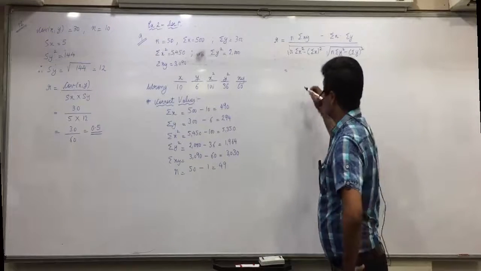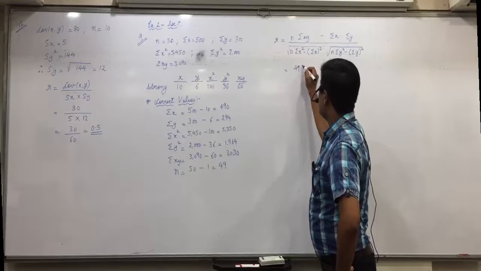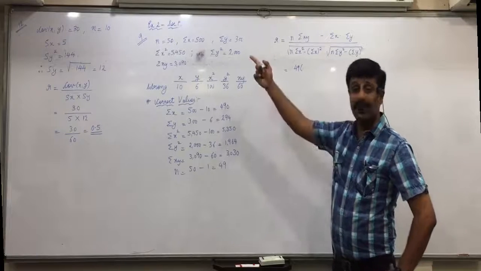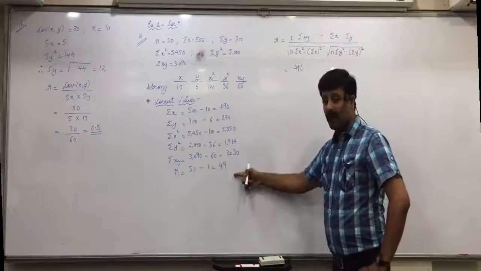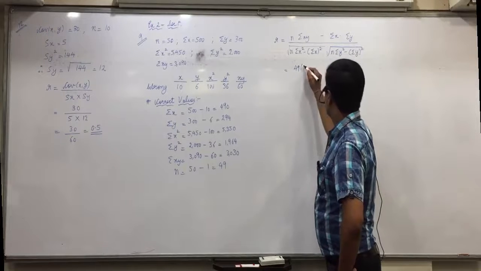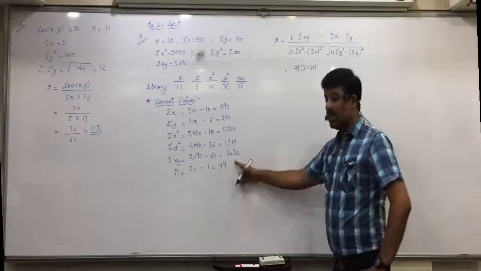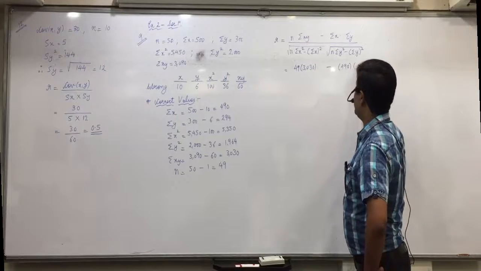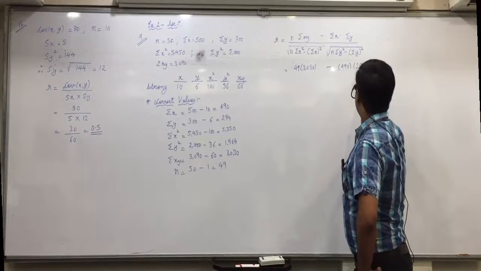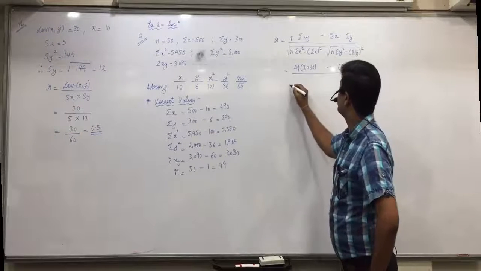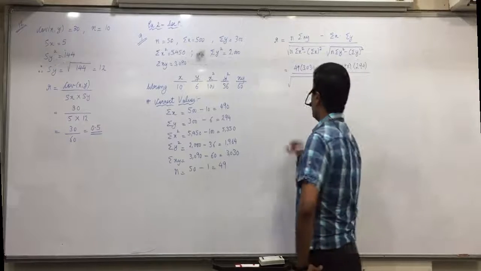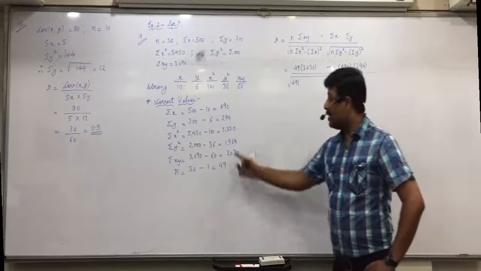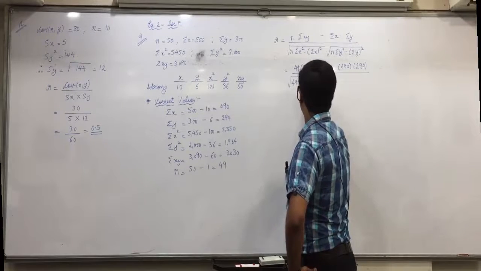Charuda, put the values. And we will put 49. See that, be careful, put the correct values. After doing so much labor, don't put the wrong values in that again. Okay? And we will put 49 then, into 3030, sigma xy, minus sigma x 490 into sigma y 294, upon square root of n is 49, into 5350, sigma x square.